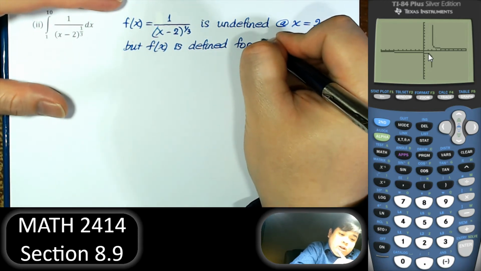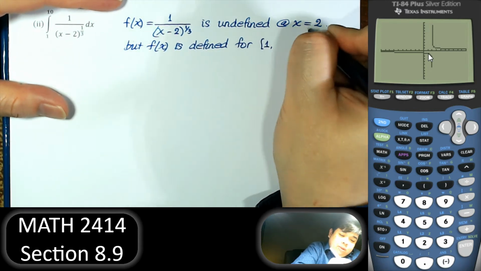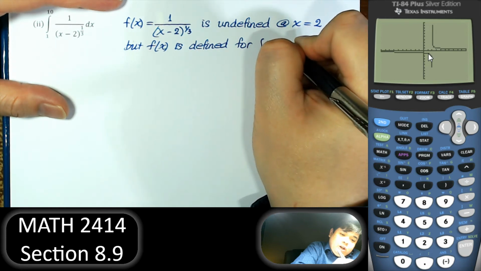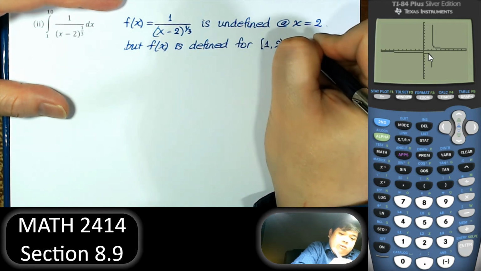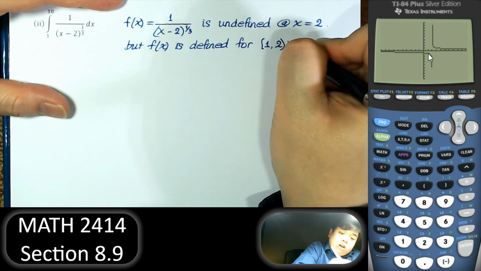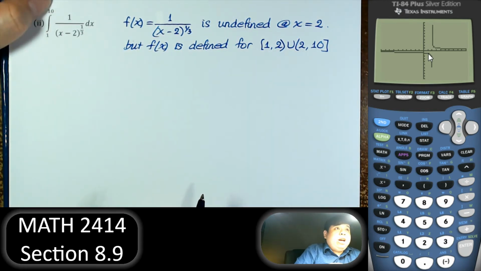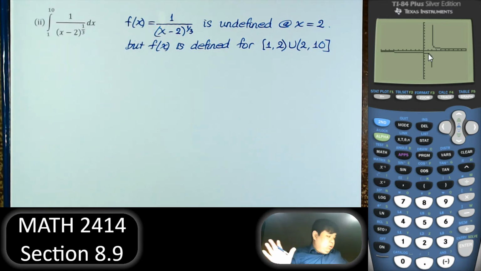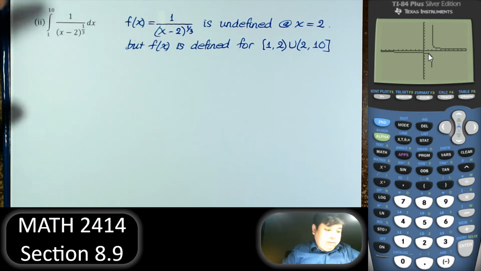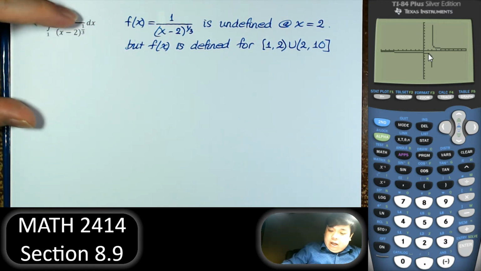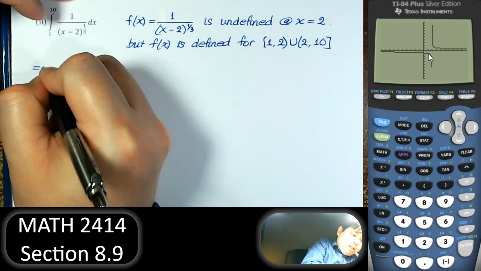But in this case, we say it is defined from 1 to 2, but not including the 2, and then from 2, but not including the 2, to 10. Like I said, only focus on 1 to 10. We don't worry about what happens at positive or negative infinity. Right. So in this case,